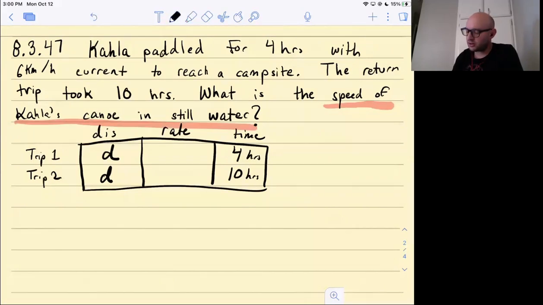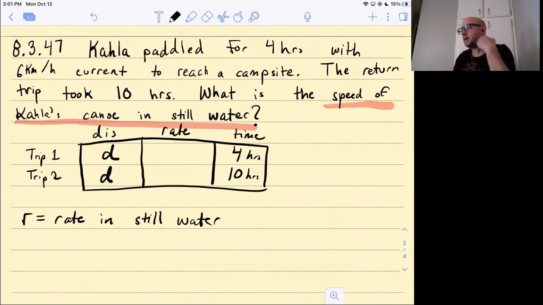So let's say r is the rate, the true rate in still water. And once you see the setup, it's the same for all of these problems with a current or a wind, like some headwind or tailwind, or current going with the current or against the current. And it's the same thing that we talked about at the airports with those escalators, with those treadmills. So if the current is 6 miles per hour, for trip 1, what should I plug in for the unknown rate part?